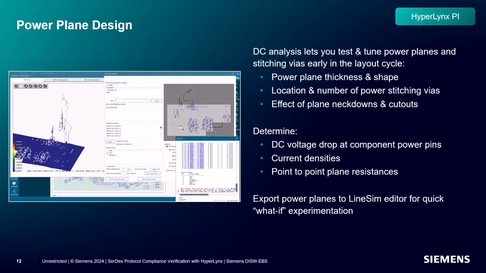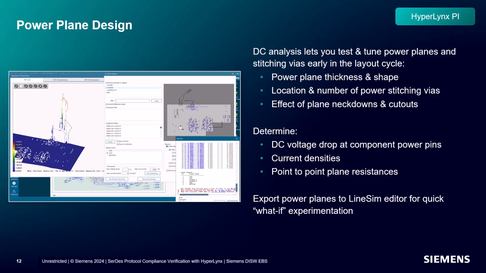There are two stages to power delivery network design: steady state or DC drop analysis, and AC or decoupling analysis. DC drop analysis analyzes current flow and voltage drop in the design based on maximum DC conditions. We look for voltage drops and current densities that exceed allowable limits, then adjust the layout to correct any problems we find.